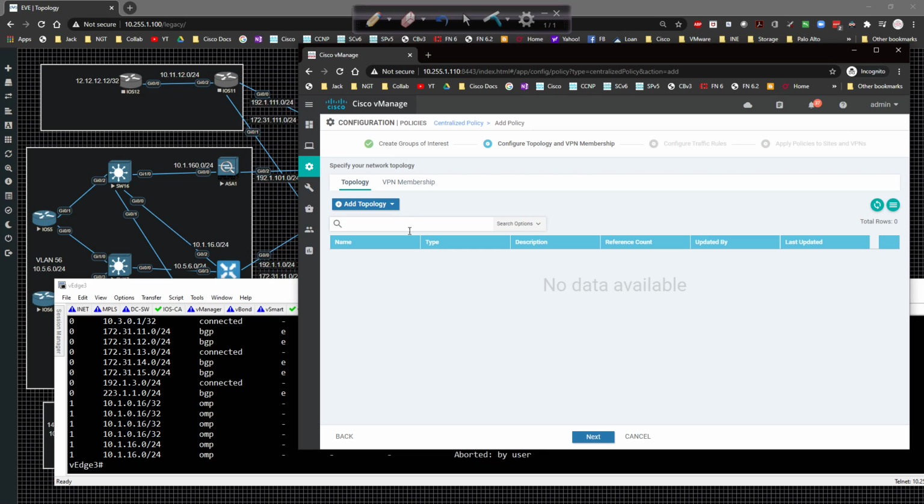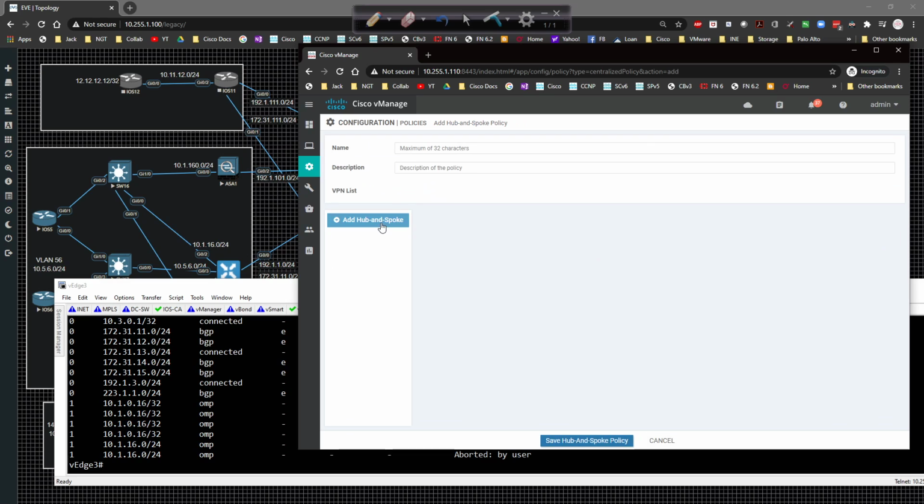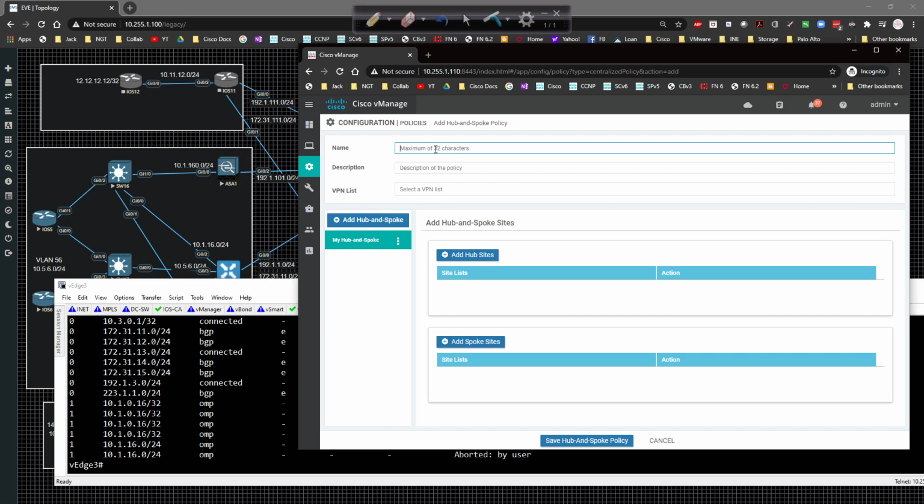and this is where we're actually going to create our control policy. So in here, we're going to click on topology and choose hub and spoke, and then we need to give it a name. We're going to come in here and type in the hub and spoke